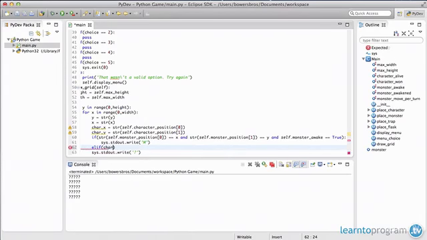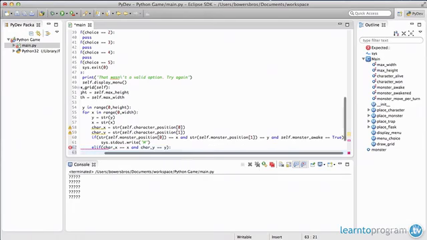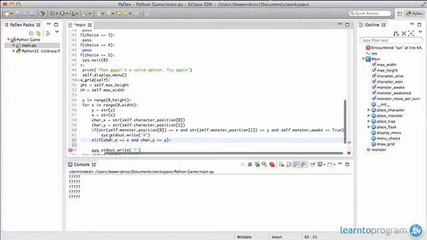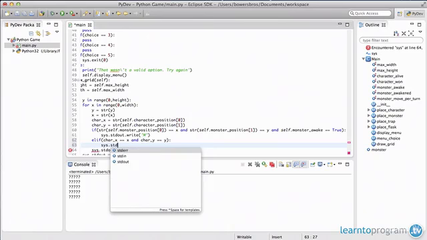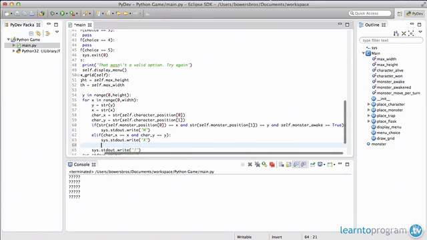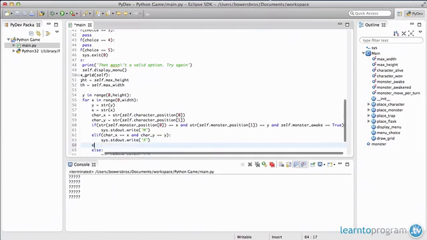The first one's going to be car x is equal to x, and car y is equal to y. Then this is going to be system.standardout.write, and this is just going to have an x. You can put whatever characters you want inside of these, and we're going to put an else there,